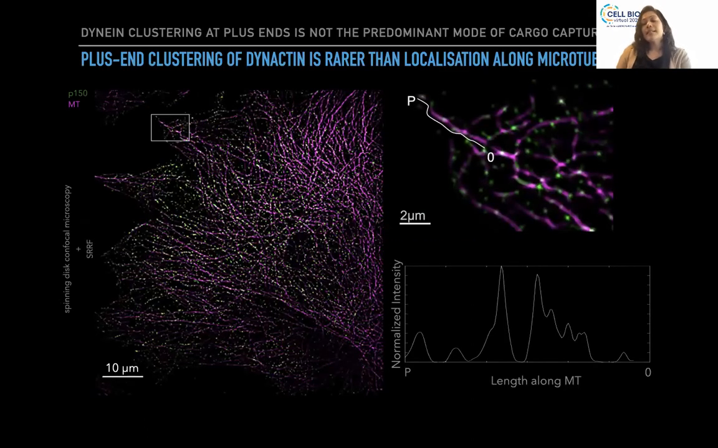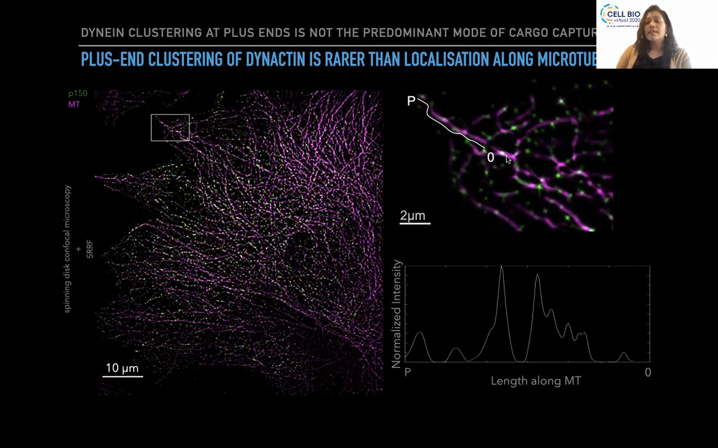Dynactin is a multi-subunit complex, which includes the P150 subunit, which has an independent microtubule binding domain. So we looked at P150 in our cells. We looked at this using super-resolution microscopy. And what we see is that dynactin's localization, P150's localization in this case, is along the entire length of the